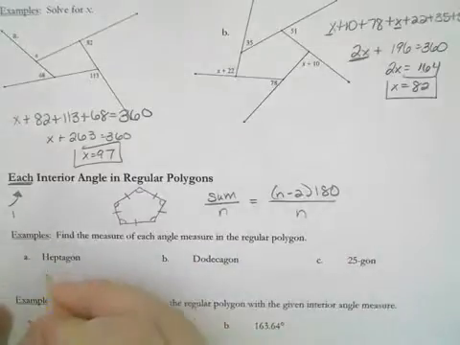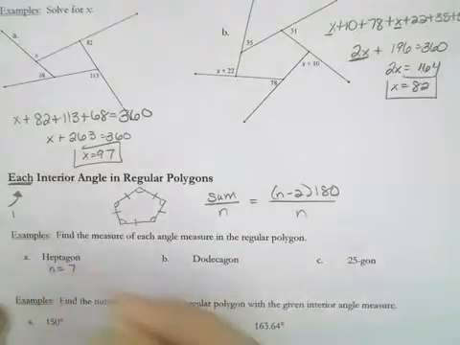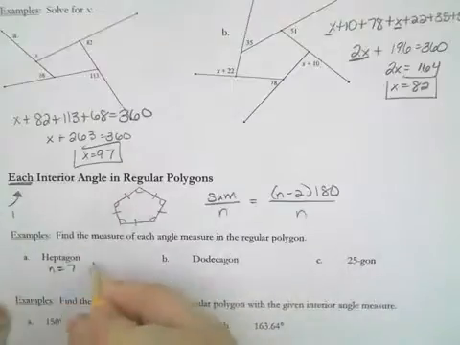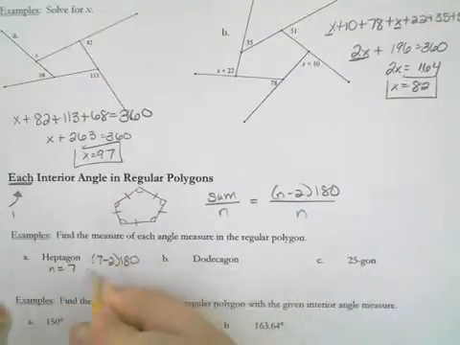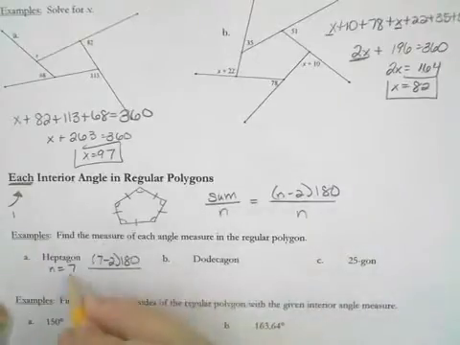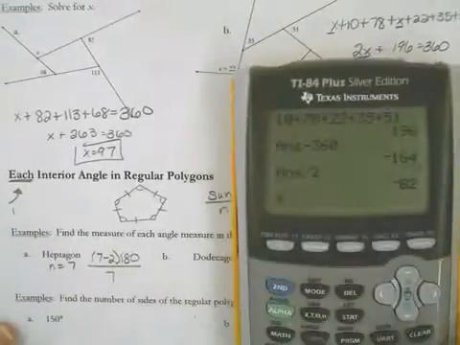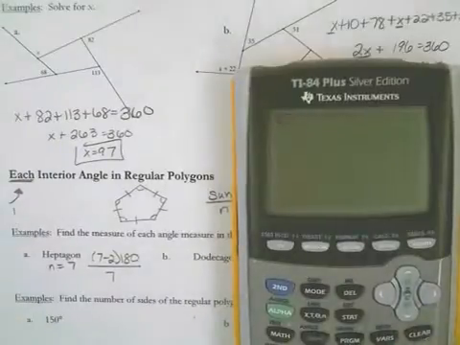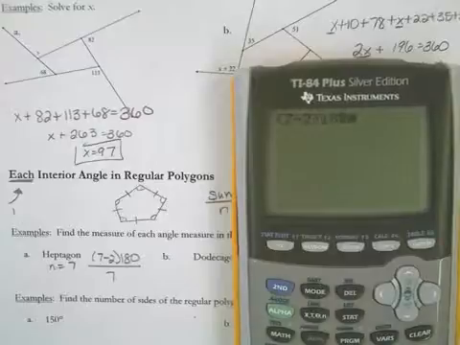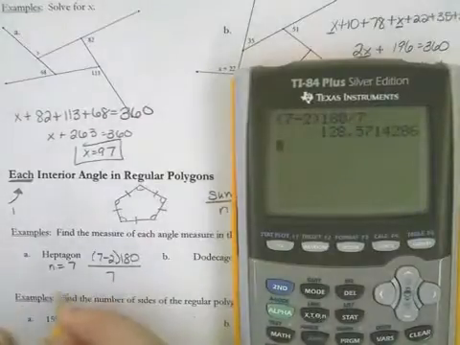So I need to first find the sum, so 7 minus 2 times 180. And then I'm going to divide by how many sides, and there's 7 sides. So here's the thing. You got to make sure that you use parentheses and that you plug it in the calculator, or you do the steps by hand, either way. So 7 minus 2 times 180, and then I'm going to divide by 7, and I get 128.57. So that tells me